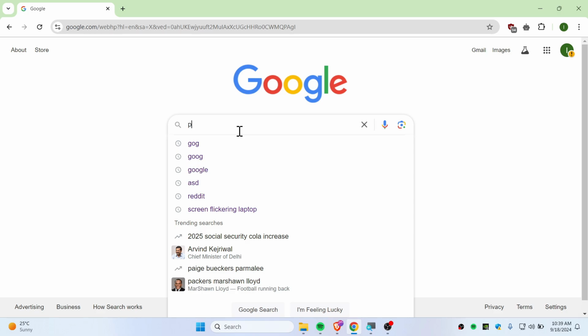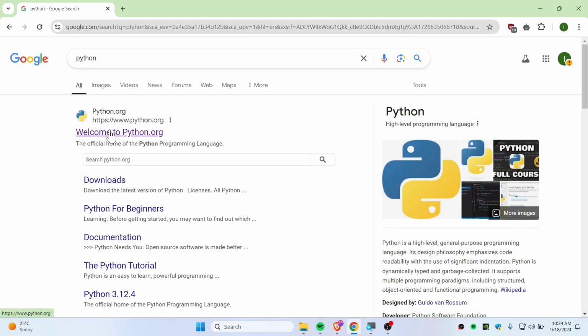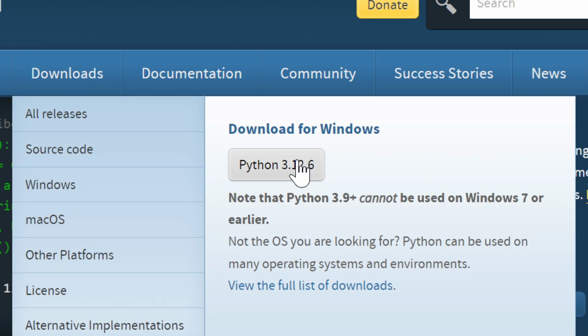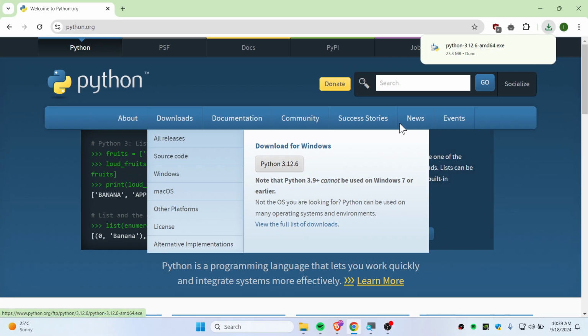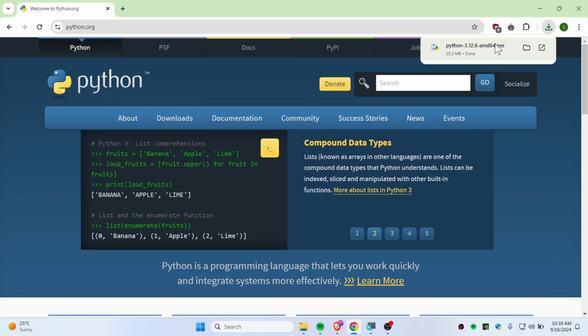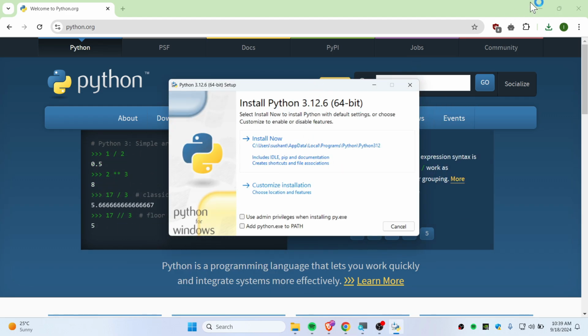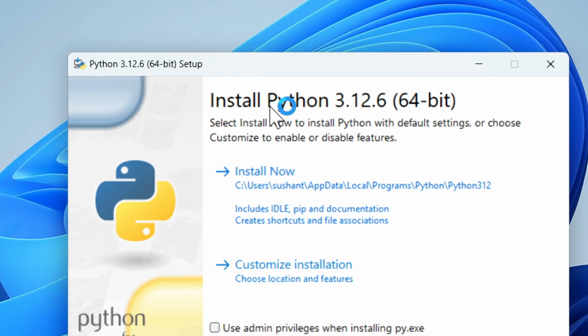So first go to this website and hover on this downloads, and you will see here the latest download, like Python 3.12.6. So just click there, and it should instantly download Python just like that. And simply open up this application, and you should see this here